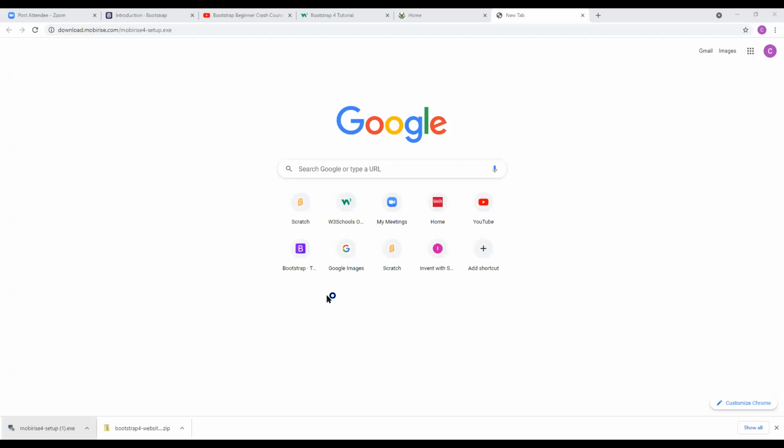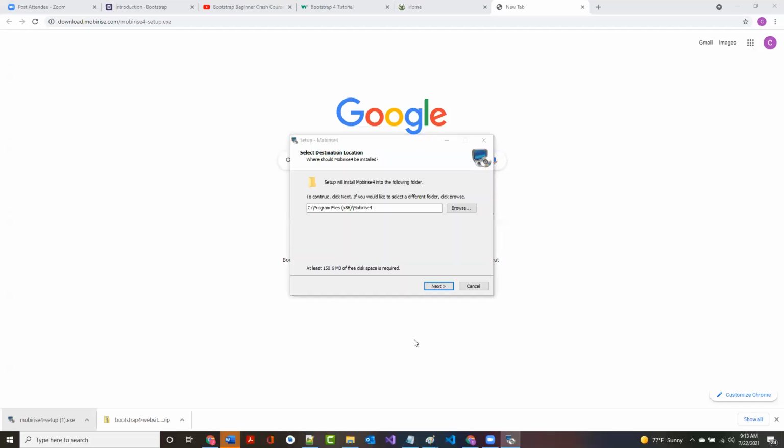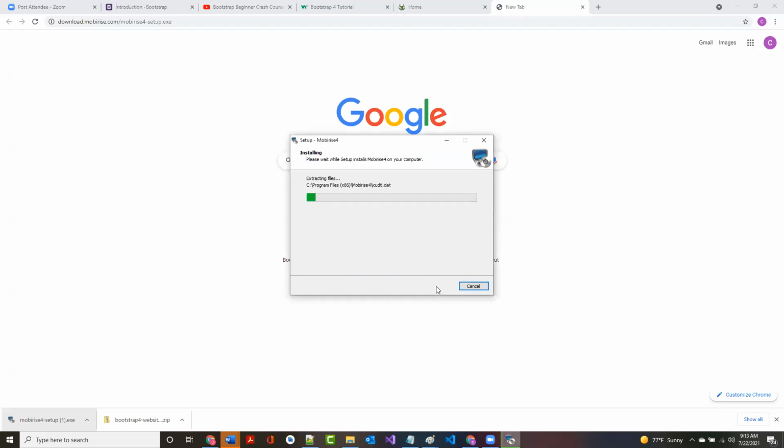Then what should come up next, and again, I don't know with the screen share how much of this is showing and how much is not showing, but you should get something that says, setup will install MobiRise 4 into the following folder. All right. Now your folder and location may be different. It all depends on where software is normally installed on your machine. All right. So mine looks fine. I'm going to click next.